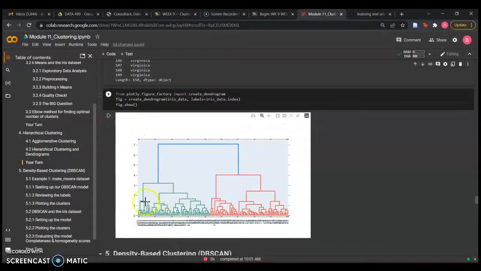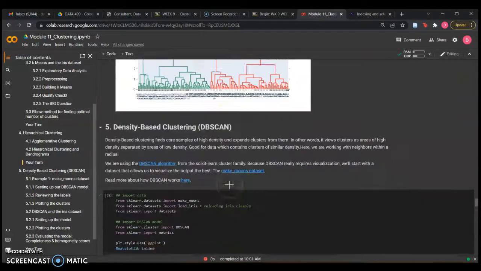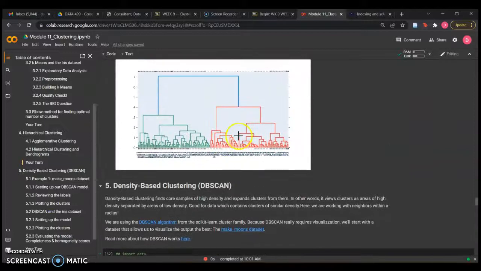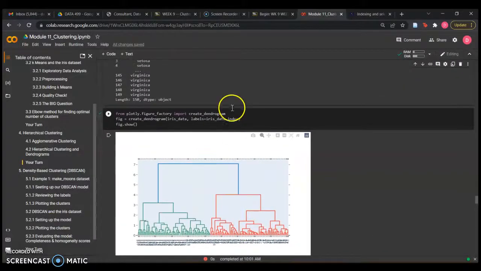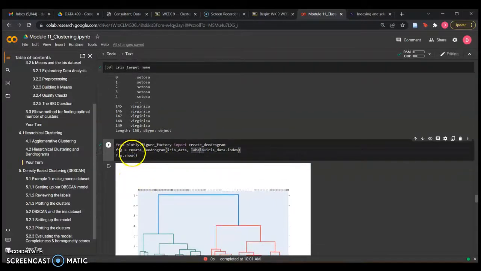It's not too pretty, I think, because there is just a lot of data in this set versus what we were looking at before, which did not have that many. So yeah, this would be our plot for the hierarchical. And we do see that we feed it in the data frame. Then we're asking it for the labels to be the iris data index. And then the figure show is showing us that